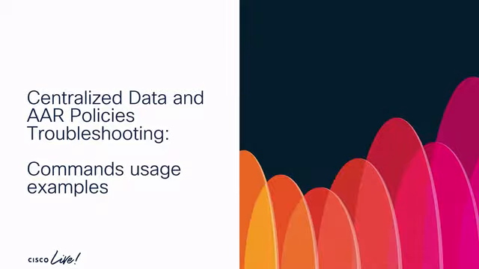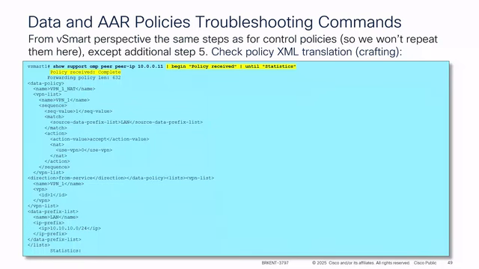So, centralized data and application-aware routing policies troubleshooting examples. That is step number 5 from the vSmart perspective. I won't repeat the first 4 steps because they are the same for control policies and for data and application-aware routing policies. On step number 5, we verify policy crafting. How was it translated into XML format? And what I propose to use is the same command, show support omp peer,